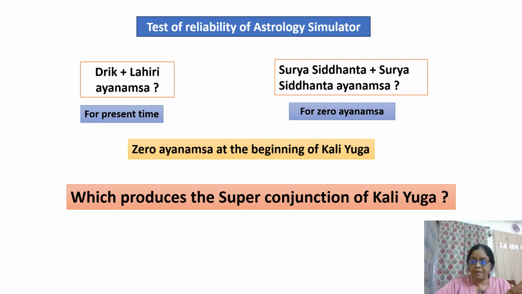Even in Mausala Parva, Krishna says indirectly that all planets are coming and afflicting the particular star of our Vrishnis. So she indicates a kind of conjunction at that time. That's called a super conjunction, because of the conjunction of 8 planets at that time.